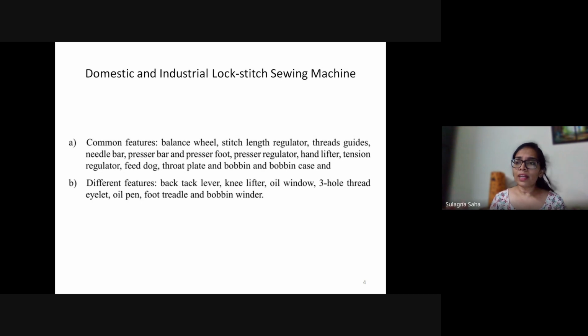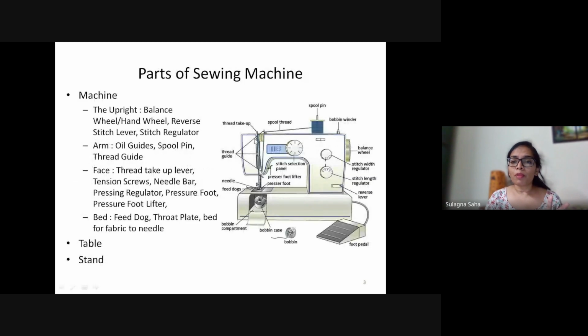The foot treadle: in most of your domestic machines, it's generally connected with a simple wire, and there is one box of machine which is placed. Industrial machine, on the other hand, comes with a complete table and setup. So the foot treadle is fixed at the bottom. The bobbin winder. Why did I not speak about the bobbin winder here?